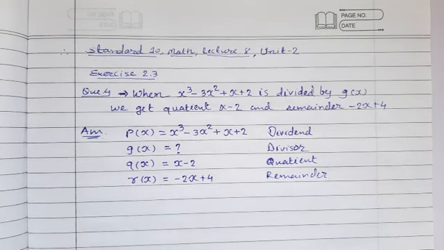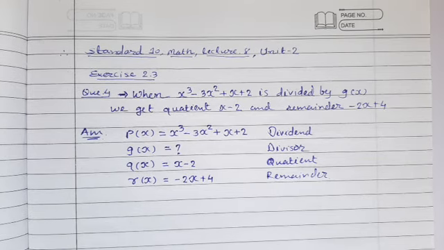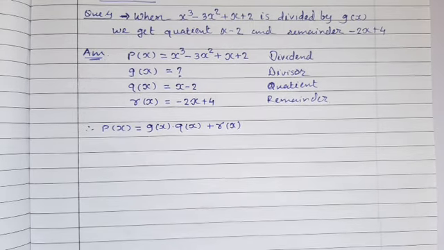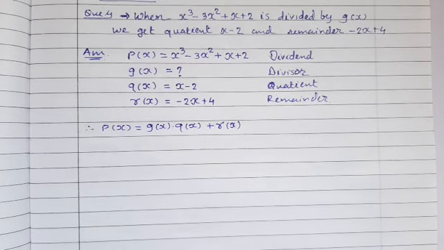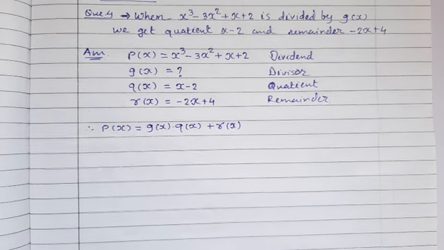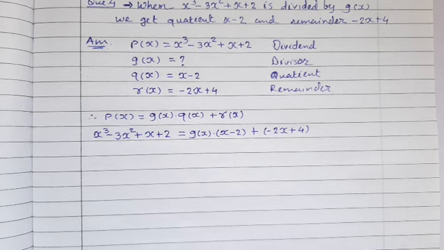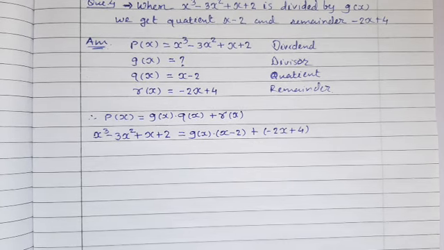So here we have to first of all remember the division formula, that px is equal to gx into qx plus rx. It means dividend equals to divisor into quotient plus remainder. So here whatever values we are given, we'll put here in this formula. So I have written the values of the given polynomials here in this formula, and now